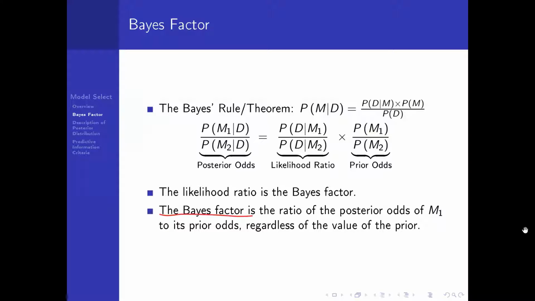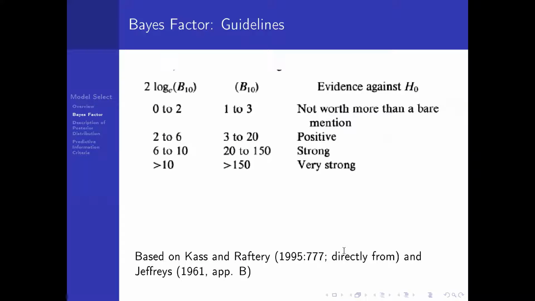we can also understand Bayes factor as the ratio of the posterior odds of M1, right? So this is the posterior odds of M1 over M2 to its prior odds, again M1 over M2, if we move this term to the right, regardless of the value of the prior. And based on a publication by Kass and Raftery in 1995,